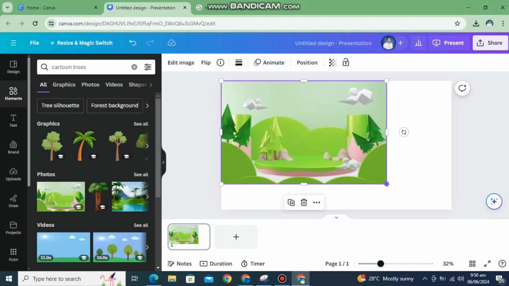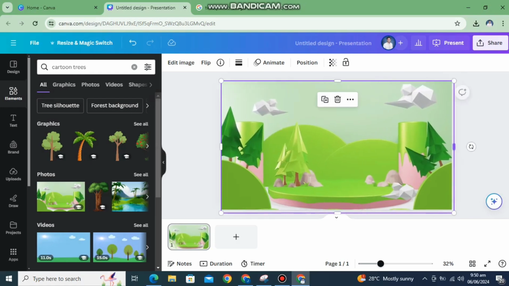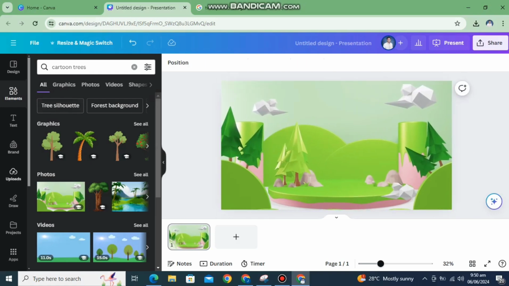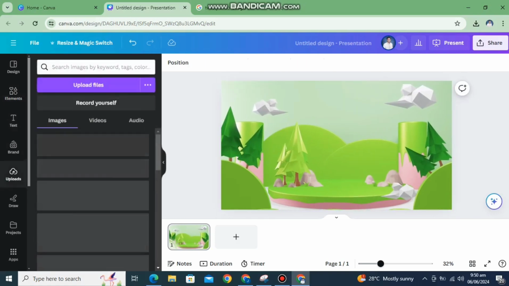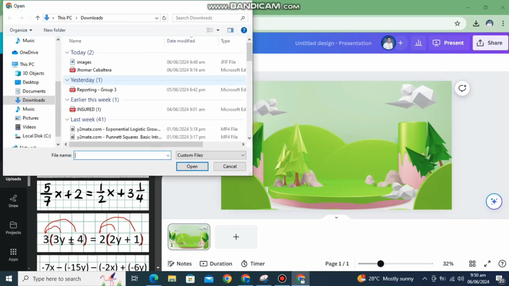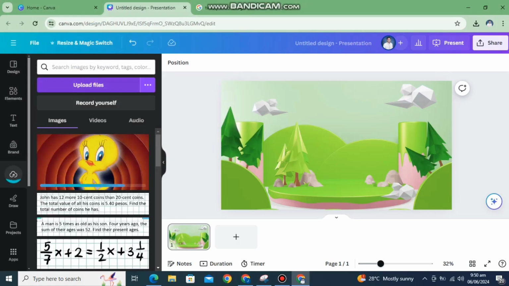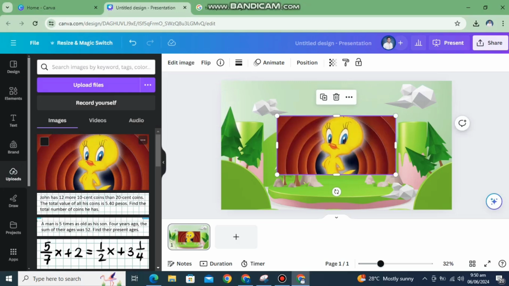Okay. Now after that, I am going to teach you how to remove the background in your image using this Canva tool. So let's first choose an image that we're going to remove the background from. So let's upload files. By the way, I already taught you how to add an image in your Canva presentation. So we have two ways. You can watch that in our previous video. Okay, so now let's choose this.